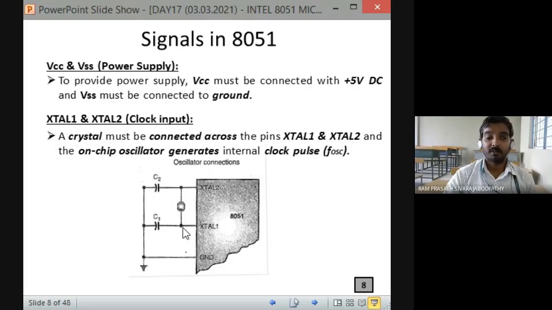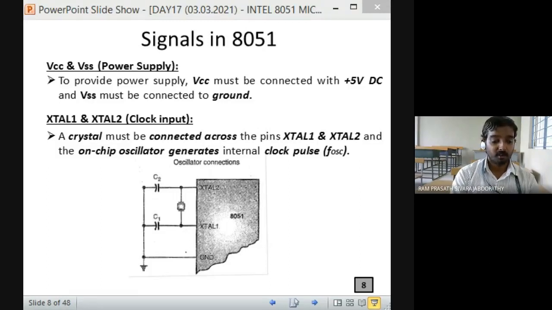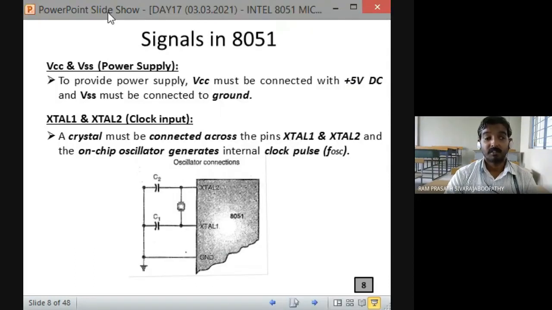The value of the capacitor is typically 20 picofarad. Kindly note down this 20 picofarad. Both must have the same value of 20 picofarad. So kindly note down the capacitor value, 20 picofarad. So this is the clock circuit we have to use to provide the clock input